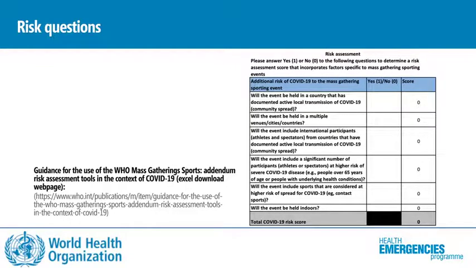You must answer yes or no for each of these questions to receive your risk score. In the Excel sheet provided, you must place a 1 in the corresponding box if your answer is yes, and 0 if your answer is no. Risk scores range from 0, which is considered negligible risk, to 6, which is defined as very high risk.